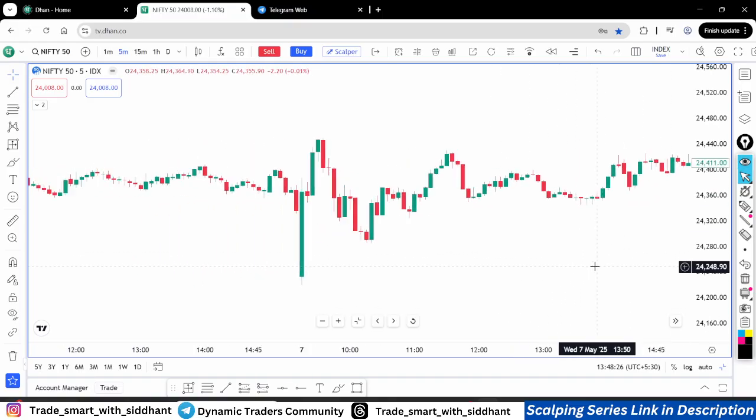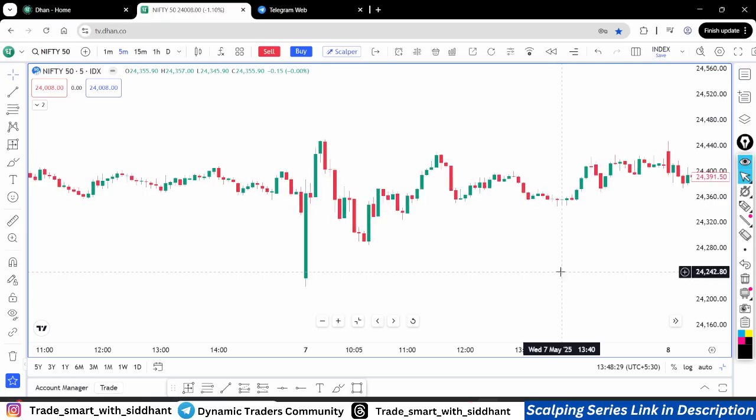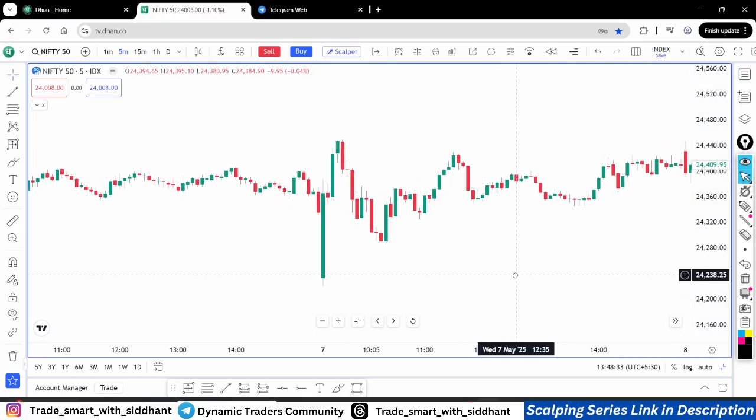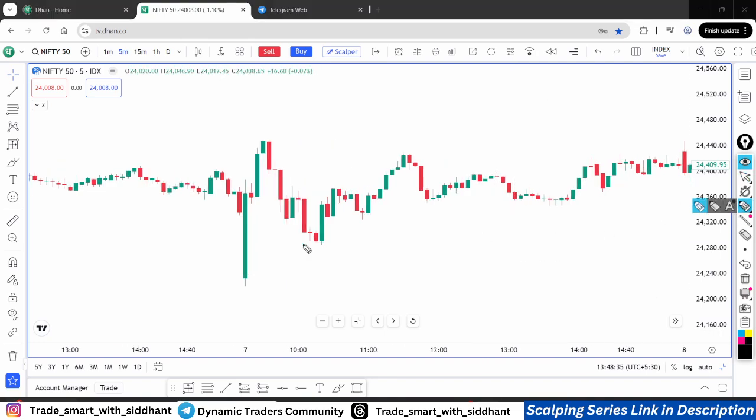We will take one example right here, on the Nifty chart, but we will be taking it on the premium chart as well in this video. As you can see in the price action, the market gave a big gap down at the open. Everybody was thinking that the market cannot sustain this level and might go further below to touch the 24,000 Nifty psychological level. But what happened here?